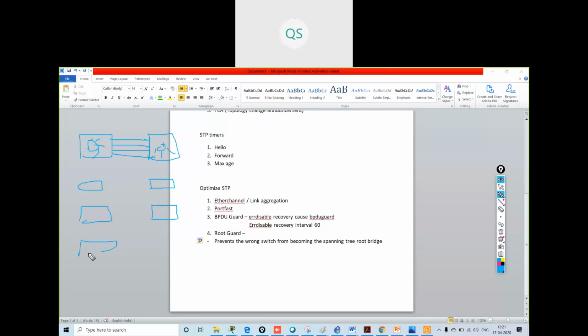So we are having a hierarchical model. Suppose they are connected with each other. Also, they are connected with these distribution layer switches and access layer switches for redundancy.